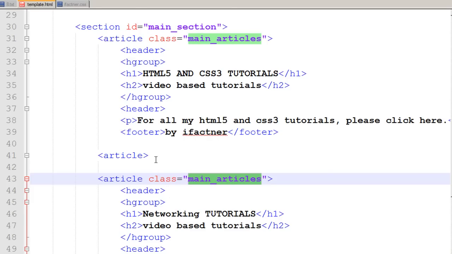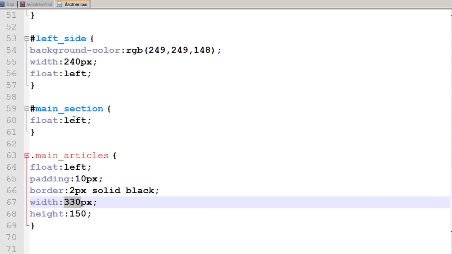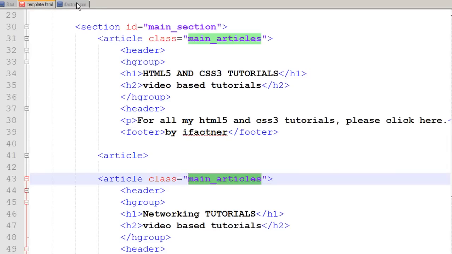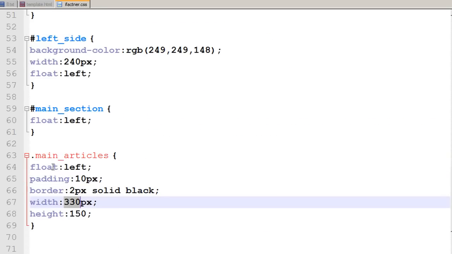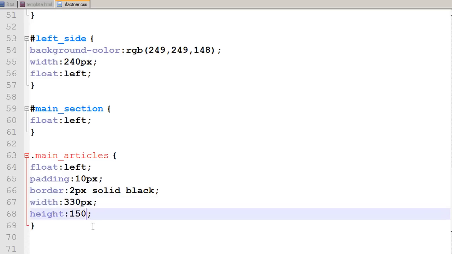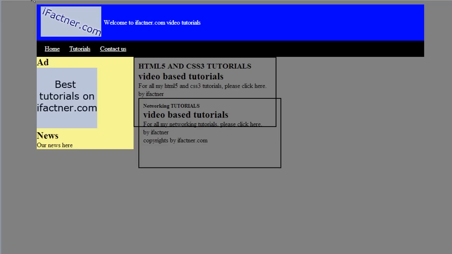So let me check that the class is this, the main articles, and these should float towards left, width should be 330 pixels and height should be 50 pixels. So I'm always missing px, and then now I refresh it,